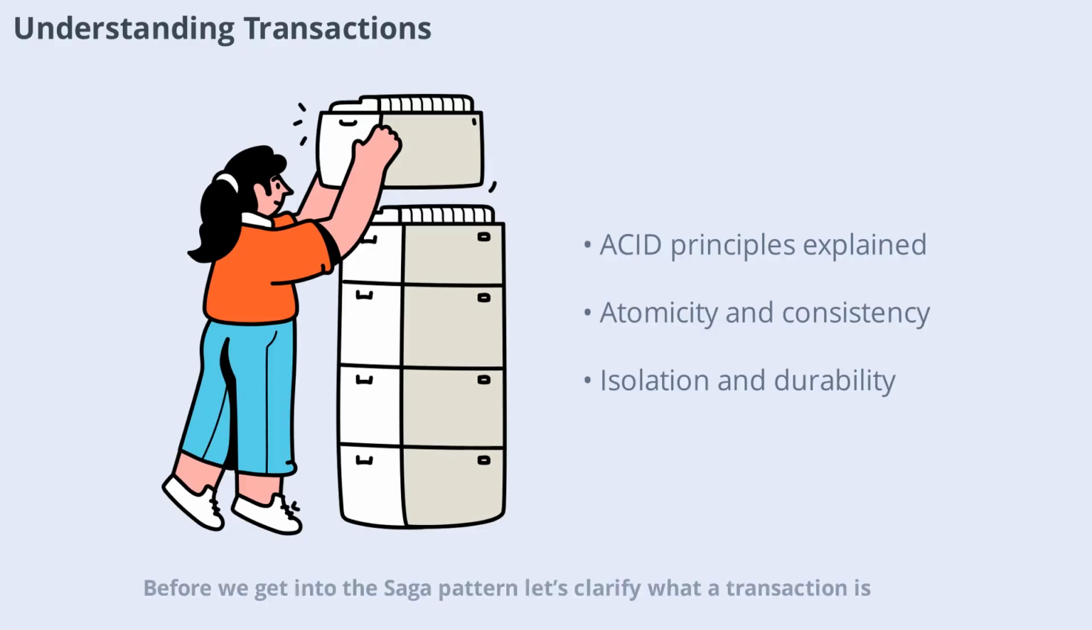Before we get into the SAGA pattern, let's clarify what a transaction is. In software, a transaction is a unit of work that may include several operations, like updating records or transferring funds. Transactions must follow the ACID principles: atomicity, consistency, isolation, and durability. This means all operations succeed or none do, data remains valid, concurrent transactions don't interfere, and changes persist even after failure. While these principles are easy to enforce within a single database, things get tricky when multiple services and databases